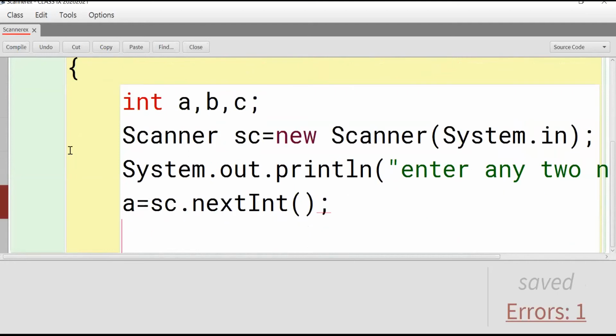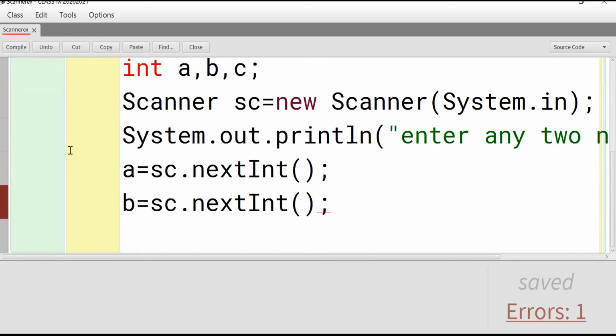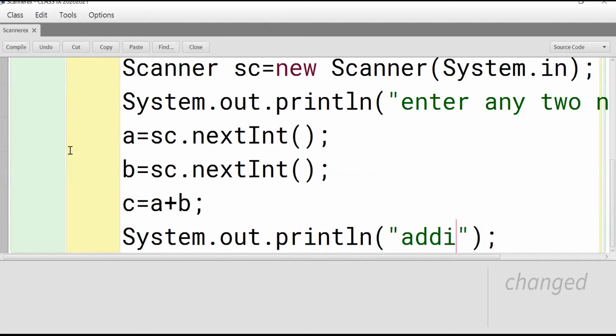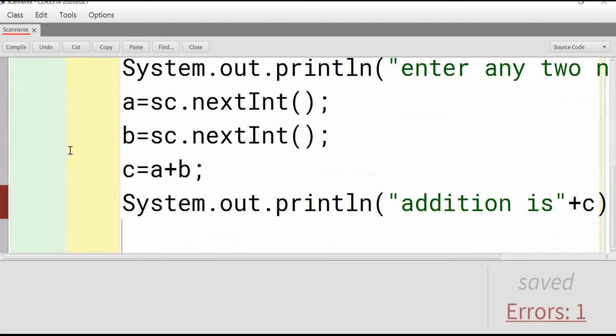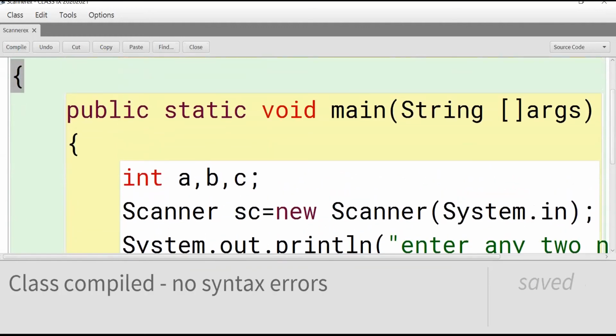This is the syntax to accept an integer type token. Both are integer type only. c is equal to a plus b. Addition is done. Close main, close class, compile. No syntax errors.